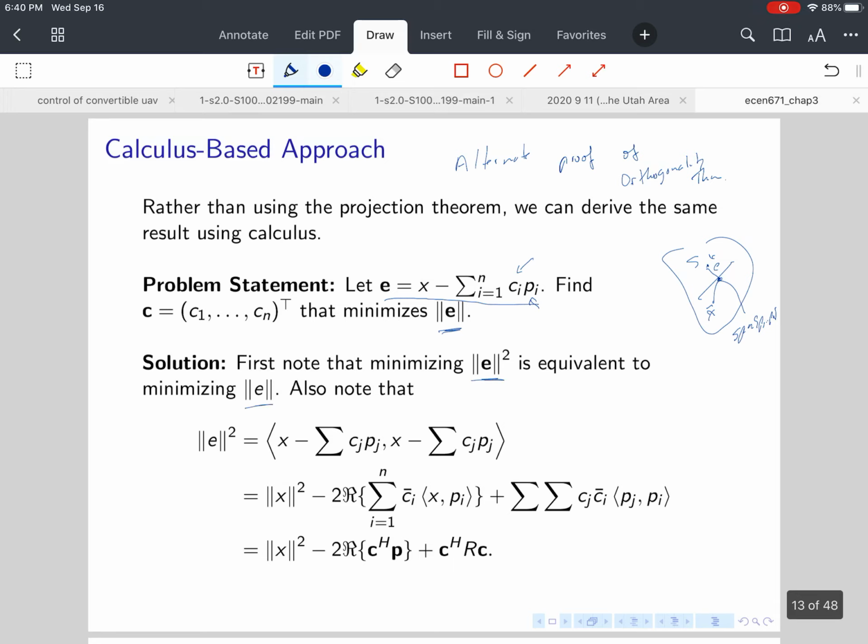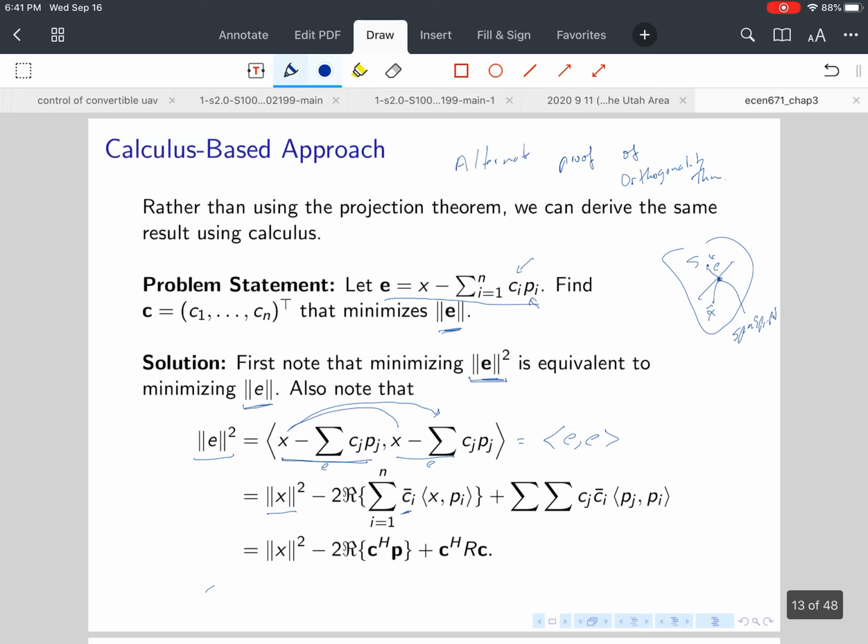All right, so the first thing to note is that minimizing e squared is equivalent to minimizing e. It doesn't matter if you have a squared term, because the element that will minimize e squared is the same element that minimizes the norm of e. Now let's look at the norm squared of e. It's the inner product of e with itself, and we plug in what e is and multiply everything out. The inner product of x with itself gives us the norm of x squared, and then we've got the inner product of